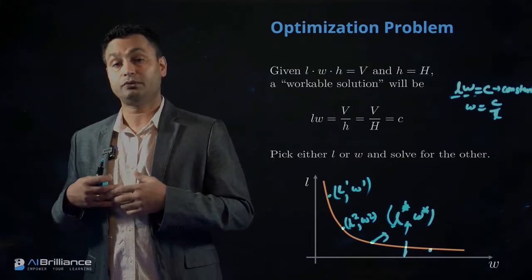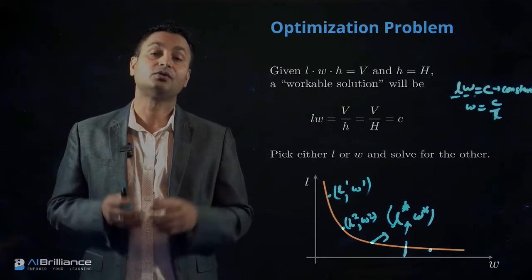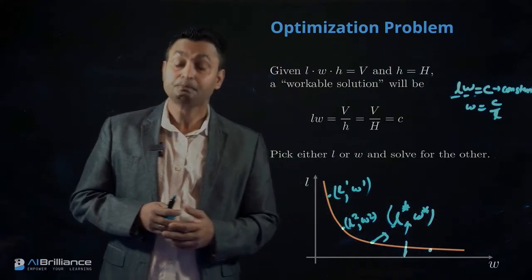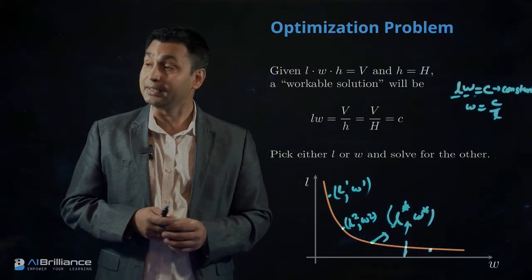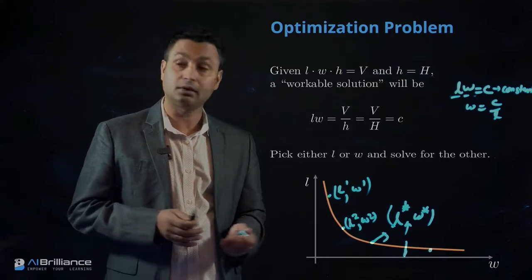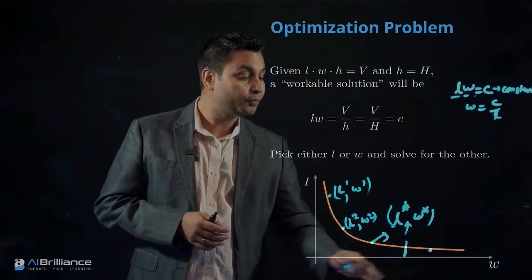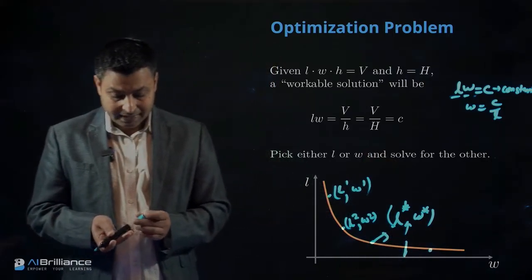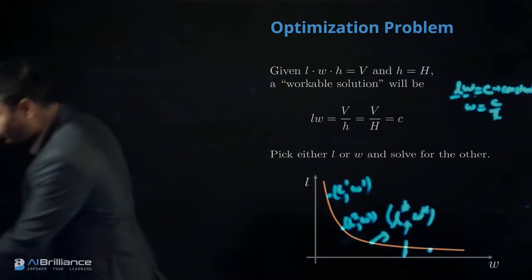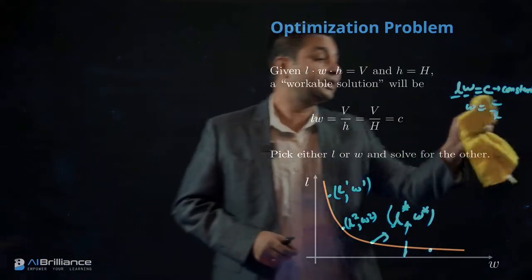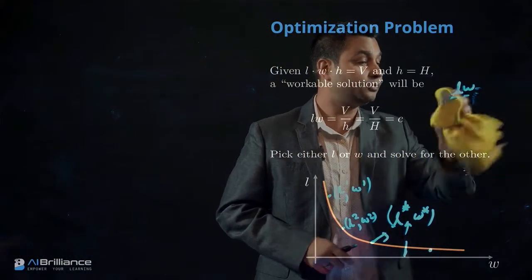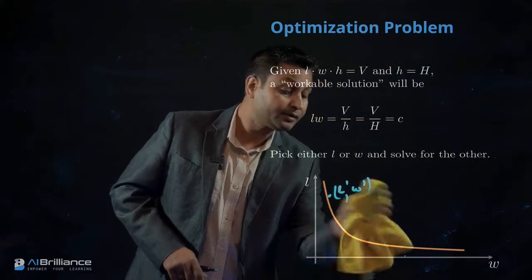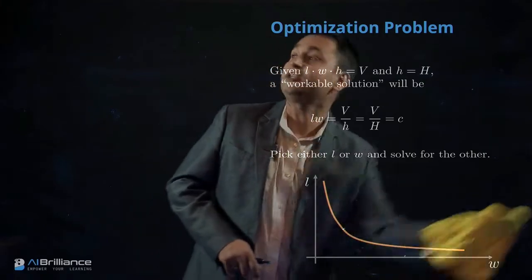That's the main goal of any optimization problem, to find one or a few good solutions out of the infinitely many solutions that are there for this problem. So let's see how we can use an optimization approach to figure out what will be one solution which is good among all these infinitely many solutions. Now, as soon as we start talking about optimization, one of the first things that we need to understand with respect to an optimization problem is that we should be focusing on a very specific goal.